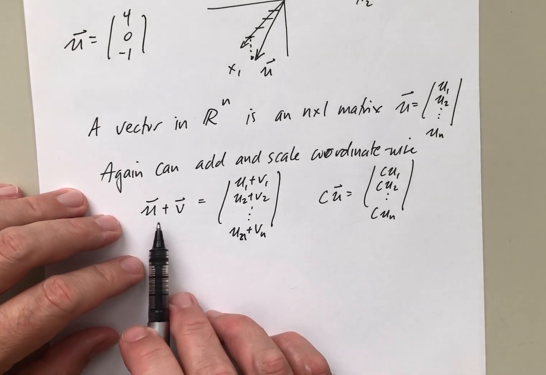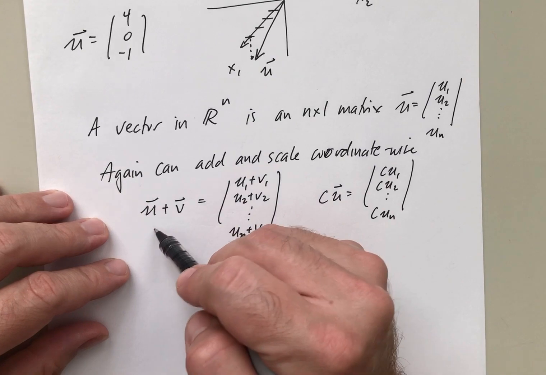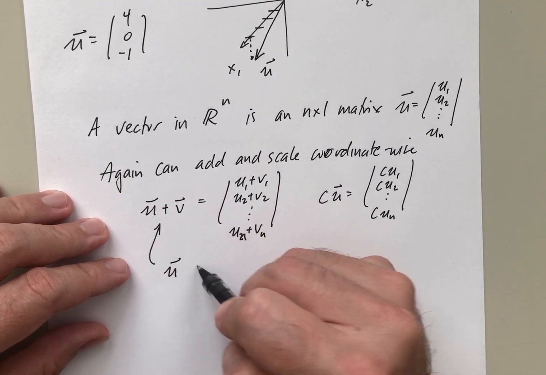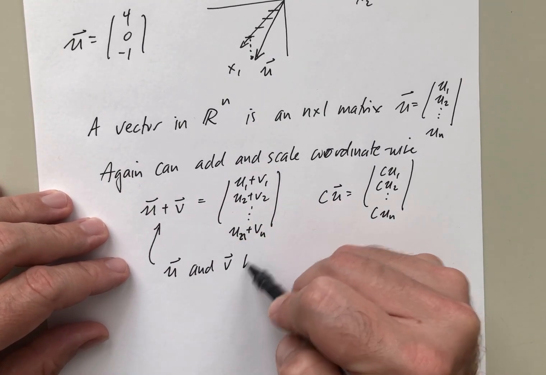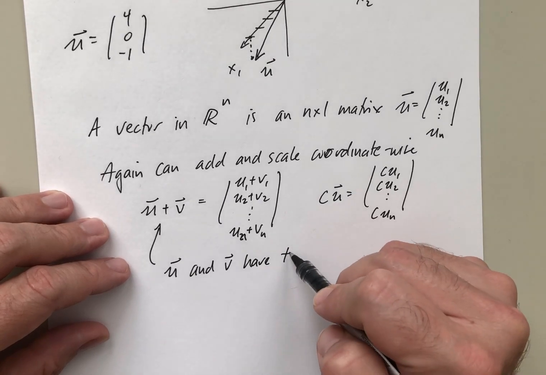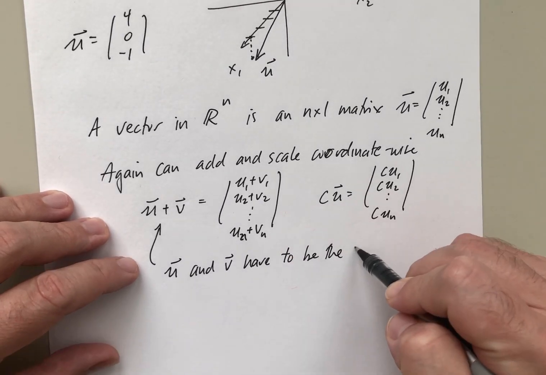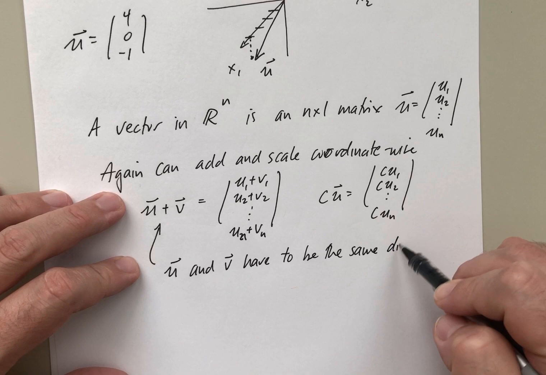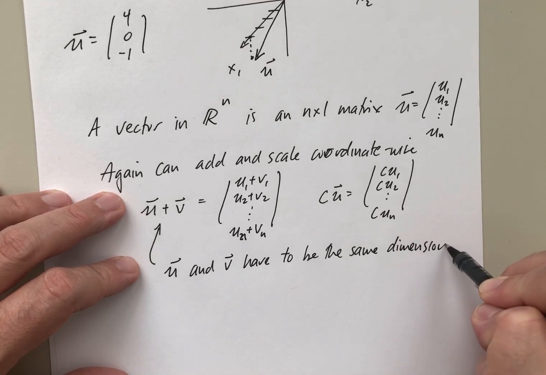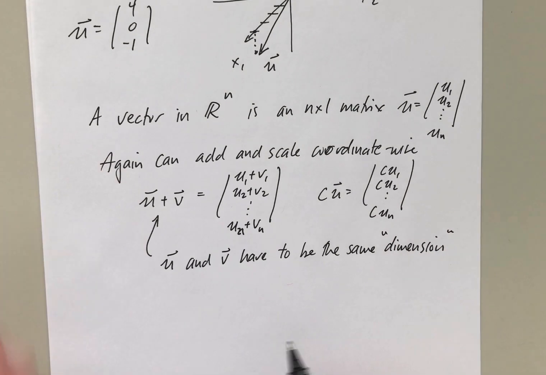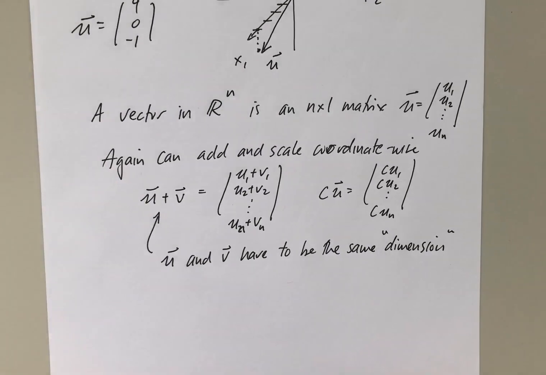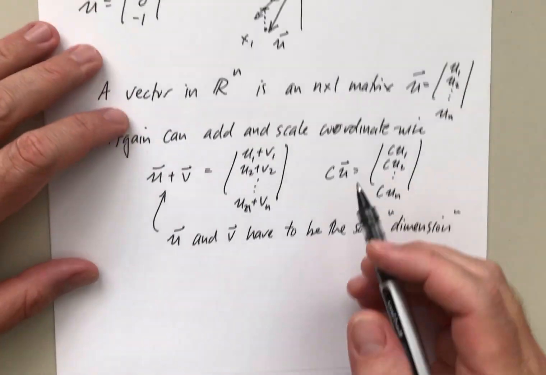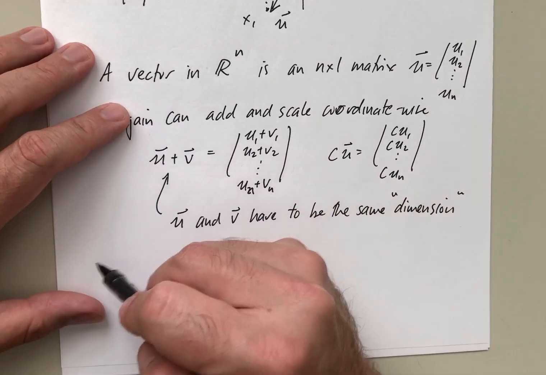I should emphasize that when I add two vectors here, u and v have to be the same dimension, meaning the same number of coordinates, right? I can't add one vector that has 3 coordinates with another one that has 5 coordinates. So vectors in Rn